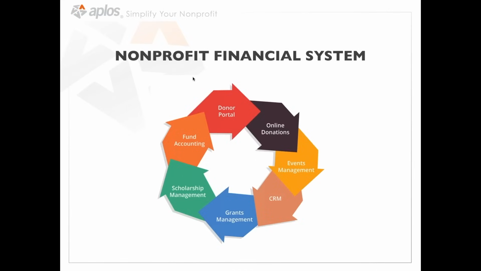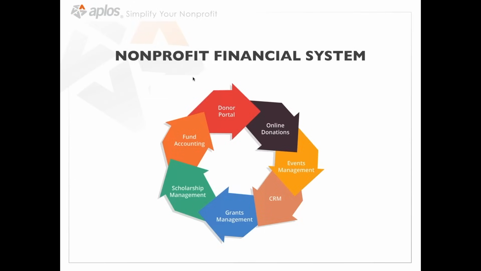So, with all of that in mind, in an ideal financial system for a nonprofit, you've got some sort of combination of all of these interrelating to each other. It might start with fund accounting, but then that also gets you to, our donors donate to us, and so we need to give them the ability to donate more. So there's some sort of portal that they can access and donate to you, which then leads to online donations, which might interrelate with some sort of event management,